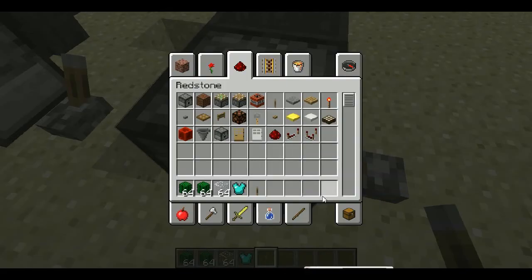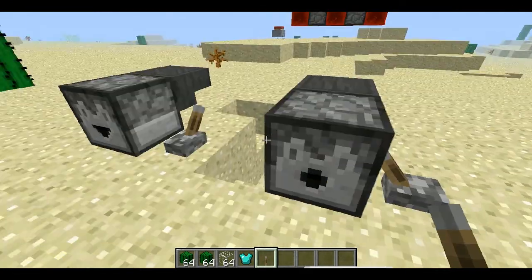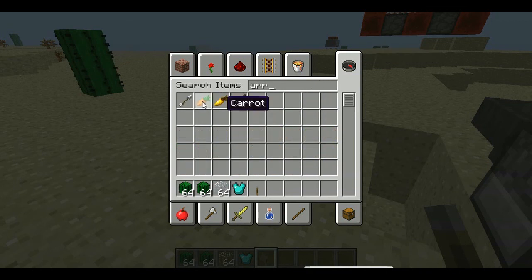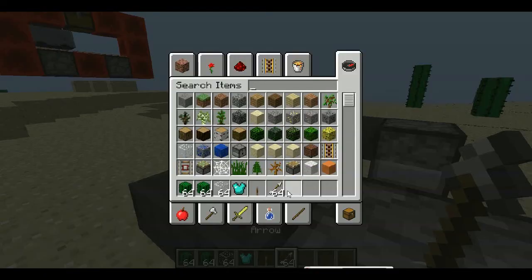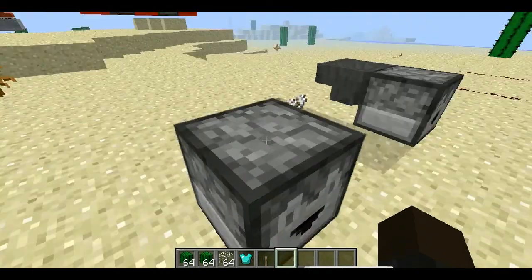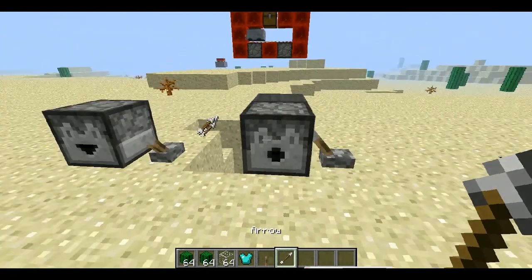So, let's see. Yep, see, it put it on. Alright, so you know how the dispenser shoots out arrows and potions? Well, in this, the dropper, say I want to put a stack of arrows in here. If I put it in this, it doesn't matter, you can put it straight in, but whatever. So, you see the dropper has arrows, you shoot it, and it will just dispense the arrow as if